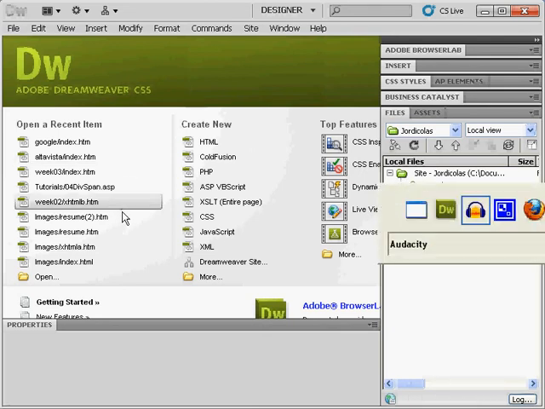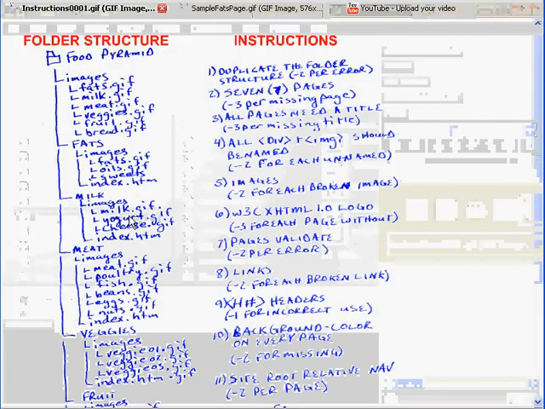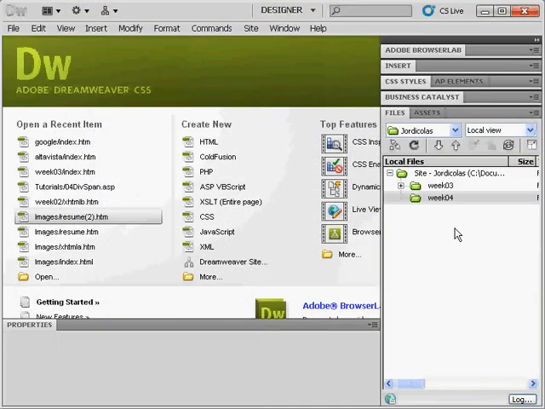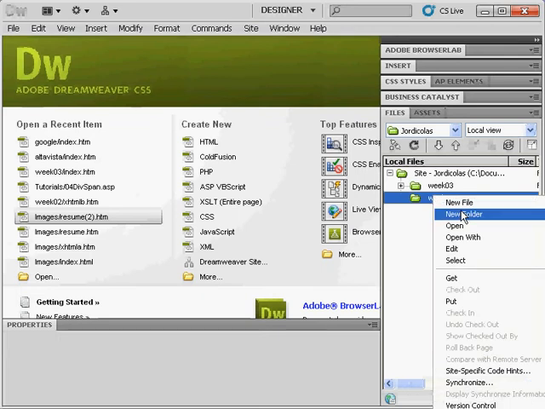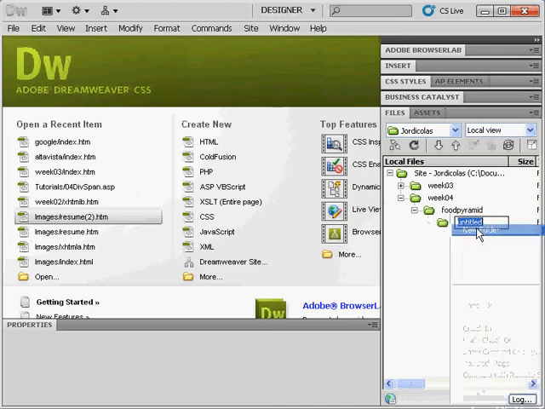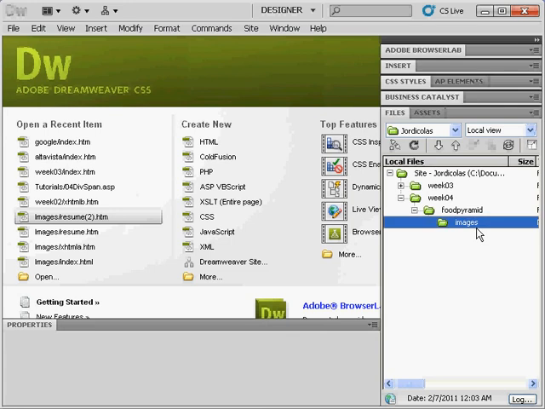Now I need to create this folder structure that I see here. So images, fats, milk, meat. I'm just going to create folders for those. I'm going to put this all under food pyramid. Here's me creating images,